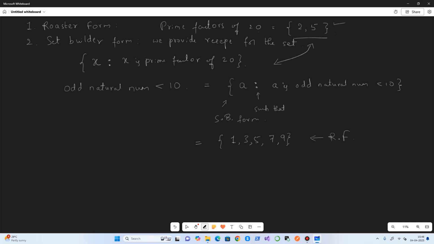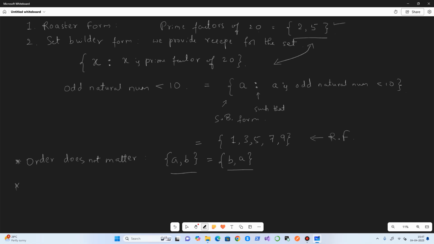Next, two important things we need to understand about sets. The first thing is, order does not matter. What does it mean? Say, for example, if A and B are elements in a set, it is the same as B comma A. In whatever order you collect the elements, the set does not change. So both of these are actually equal.